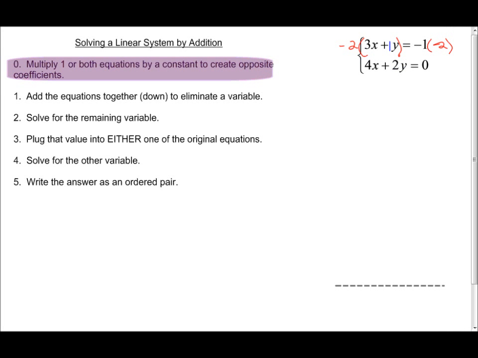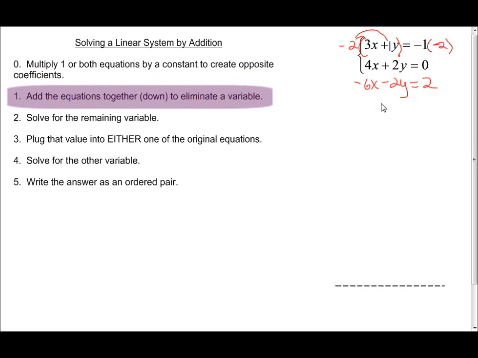So let's write the result of that. Most careful thing you need to do here is make sure you distribute correctly, as well as multiply both sides of the equation by whatever constant you chose. Again, in this case, it was negative 2. So I'll just line that up to the bottom equation, and we'll go on to the next step, which is add the equations together to eliminate a variable. And again, we're going to just add straight down, and we will do that and get as a result